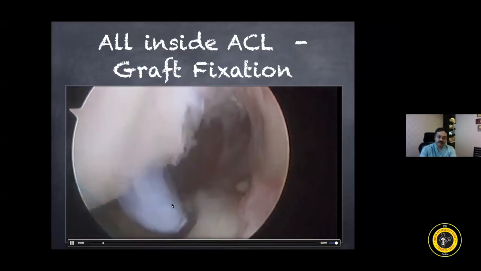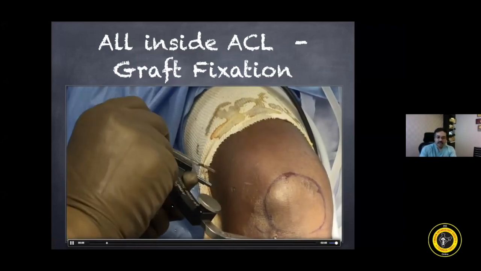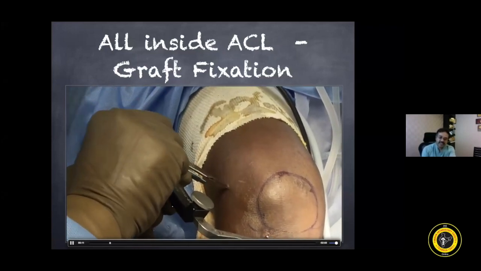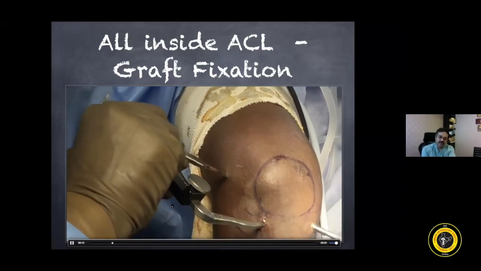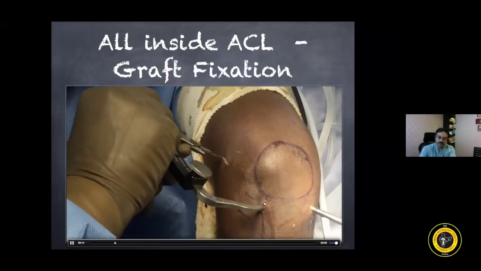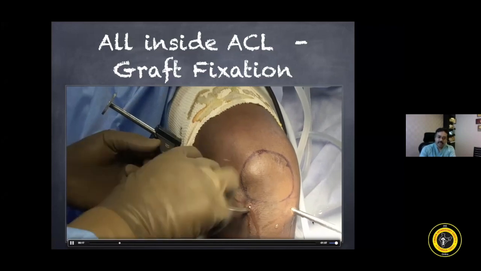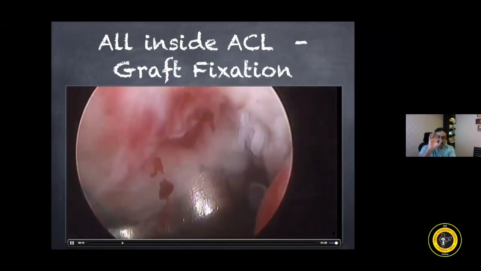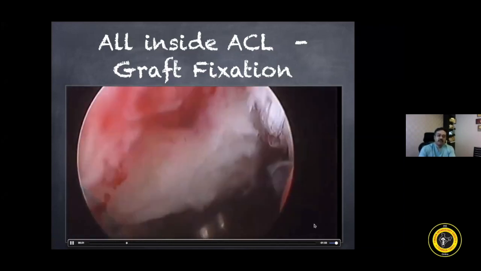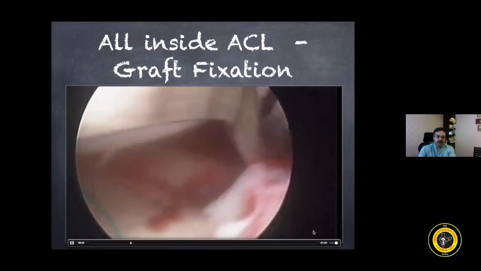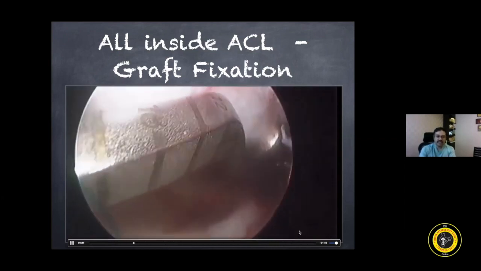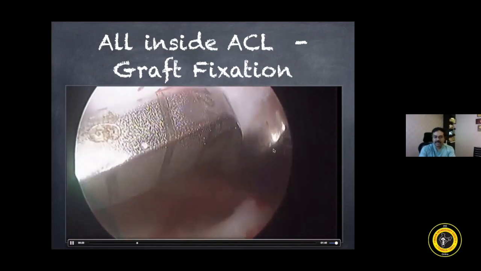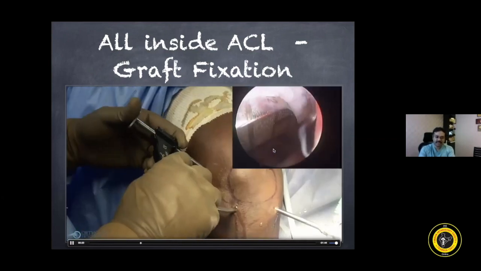And remove the remnant of the ACL which is there. Now this is called the ACL jig on the femoral side, which passes from the anterolateral portal, and the view is from the anteromedial portal. We have an end-on view on the medial surface of the lateral femoral condyle. You can see that the jig is going and getting placed exactly over the stump of the ACL.